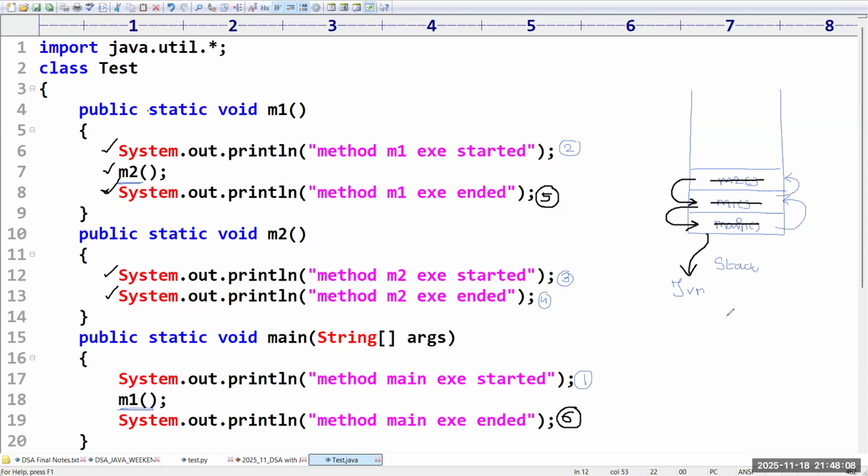So these points are very, very important. Whatever I explained for the past 10 minutes is very, very important. But don't worry, it is not that much difficult. I am just showing you how stack is going to be created, how it is maintaining the method calls. If we are clear with theoretical points, I will execute this program and I will show you if the expected output and the output which we are getting are the same or not. Friends, please confirm. Everyone clear up to this?